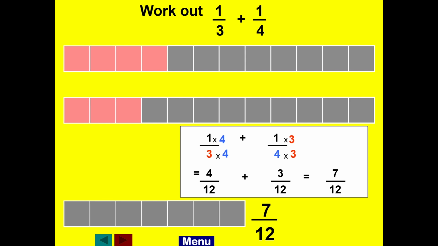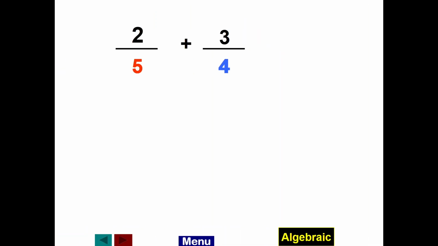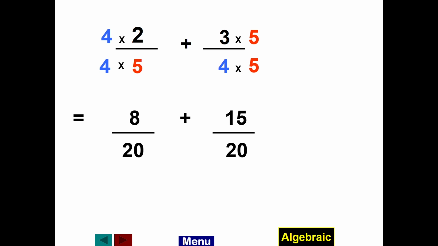So without using any boxes now, can we calculate 2/5 plus 3/4? Let's do one more time. We multiply the numerator and denominator of the second fraction by 5, and also we multiply the numerator and denominator of the first fraction by 4. That gives you 8/20 and 15/20. Now the denominators are the same, so you keep that denominator and you only add the numerators. It becomes